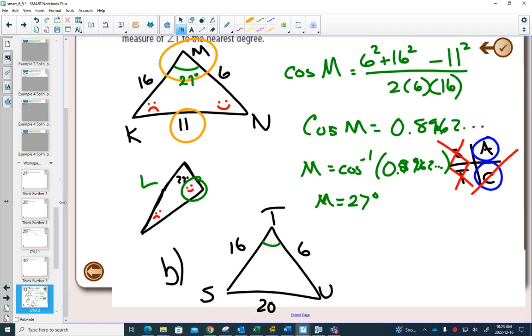Again, can we use the sine law? Can we use SOHCAHTOA? No, it's not a right angle triangle. So then we go to our sine law. We don't have an angle and an opposite side. So then we go